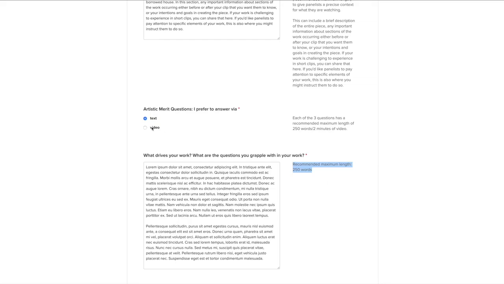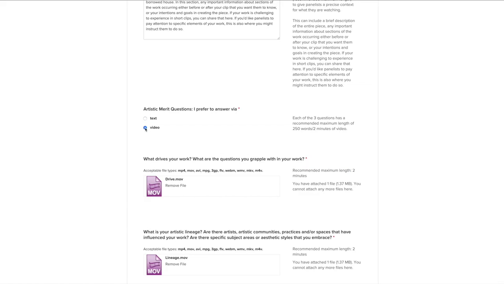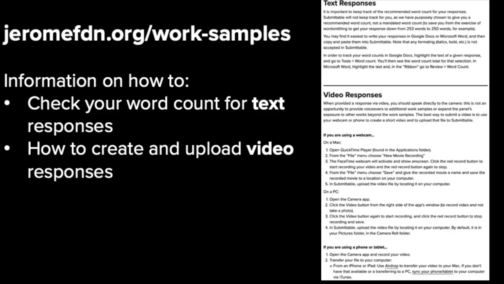This is not an opportunity to provide voiceovers to additional work samples or expand the panel's exposure to other works beyond the work samples. The best way to submit a video is to use your webcam or phone to create a short video and to upload that file to Submittable. For more information on how to check your word count for text responses or create and upload your video responses, visit